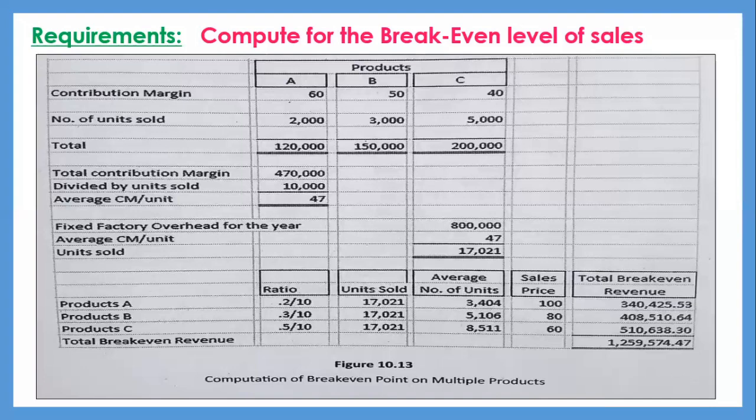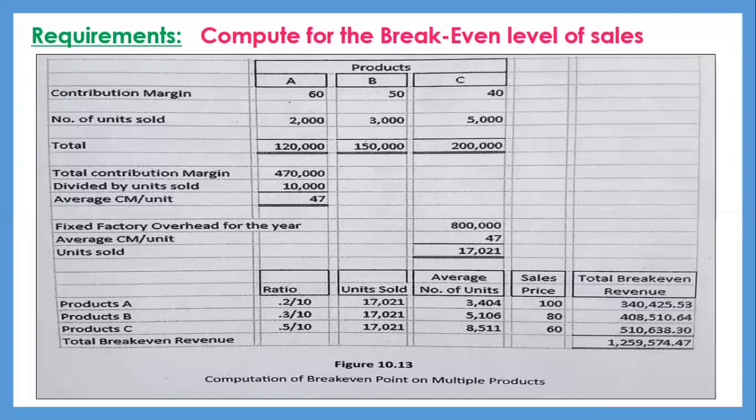And therefore, 2,000 multiplied by 60, that would be 120,000 in total for product A. For product B, the number of units sold is 3,000, and 3,000 multiplied by the contribution margin, which is 50, would amount to 150,000. And for product C, the number of units sold is 5,000 units multiplied by the contribution margin of 40, and therefore the total is